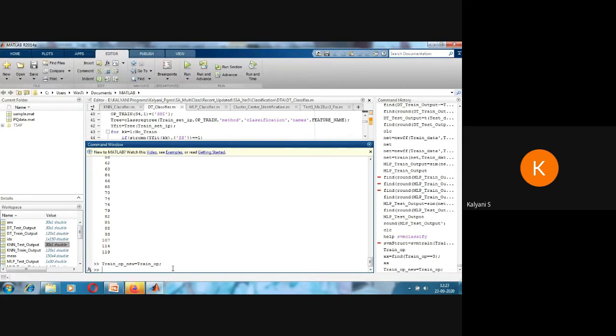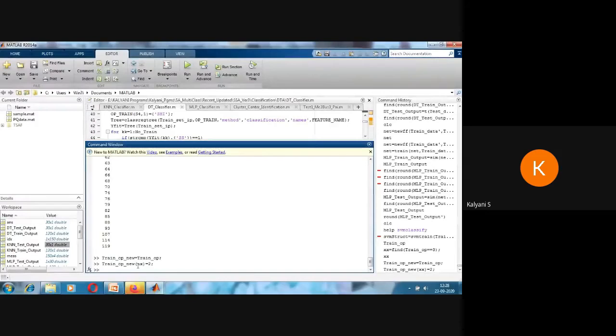First I will create a dummy variable, because I need a dummy variable of train output for me to replace. So in this new one, all the xx indexes which had class label 3 will now have class label 2.